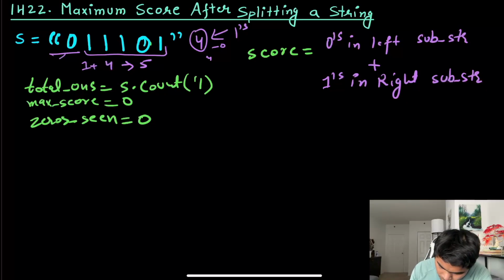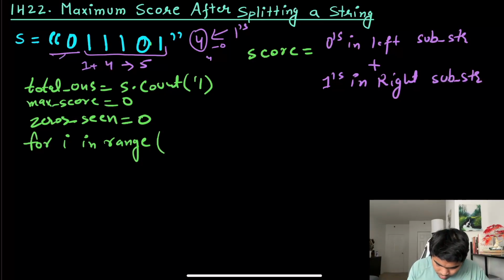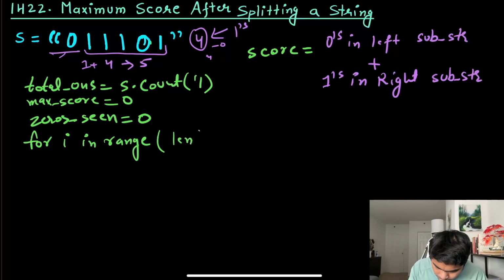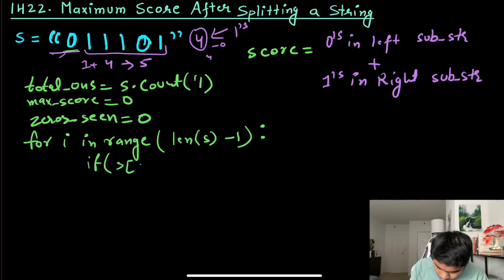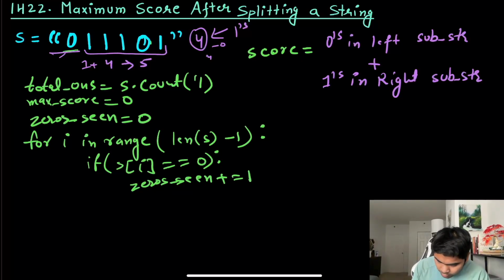Now we know, so let's just dive into the pseudocode. We'll run the for loop for I in range, starting at the 0th index and going up to length of s minus 1. That's because we don't want to leave anything non-empty on the right side. For the left side, we will include this. So if s at 0 is equal to 0, then I'll increment zeros seen plus equals 1, else